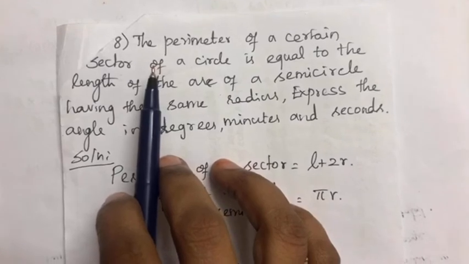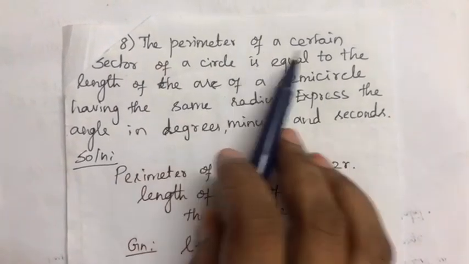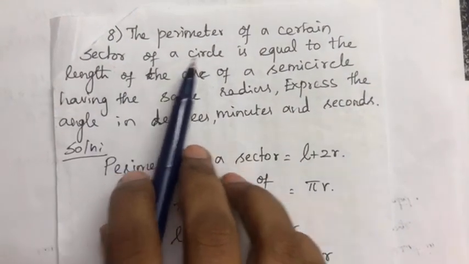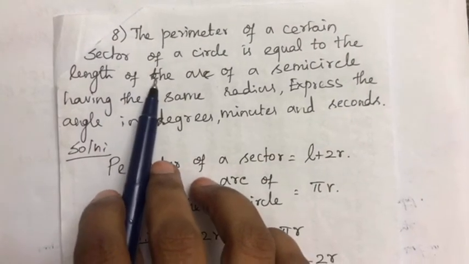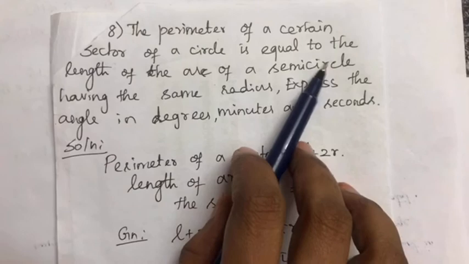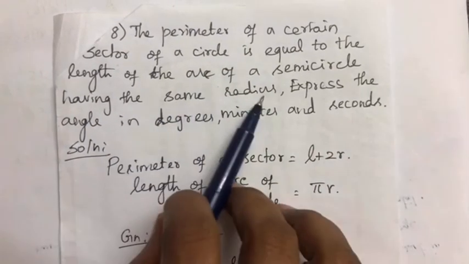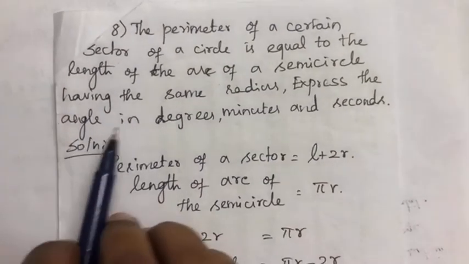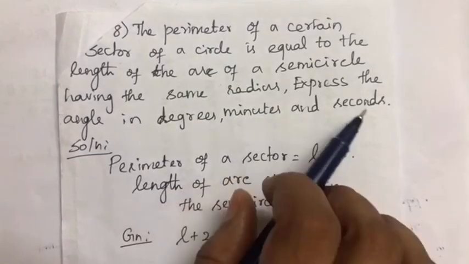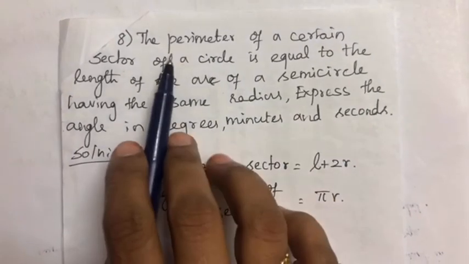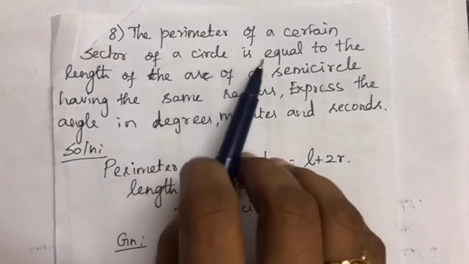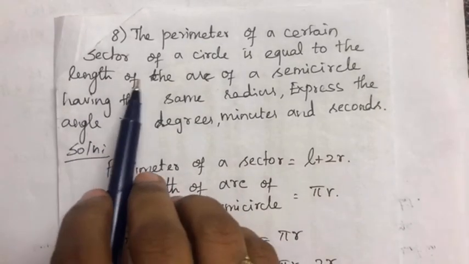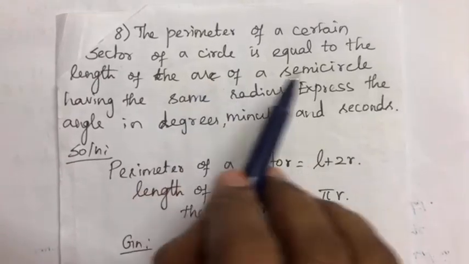Eighth problem. The perimeter of a certain sector of a circle is equal to the length of the arc of a semicircle having the same radius. Express the angle in degrees, minutes and seconds. The perimeter of a certain sector of a circle is equal to the length of the arc of a semicircle